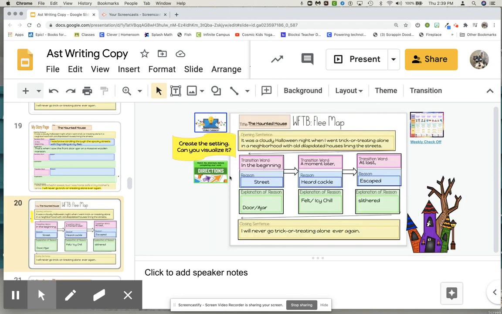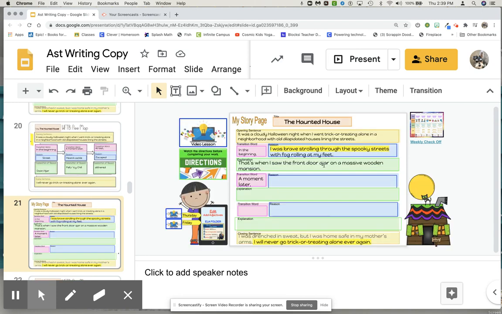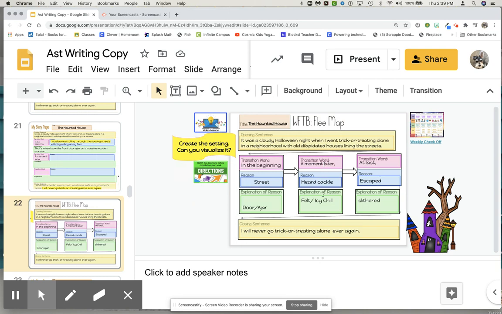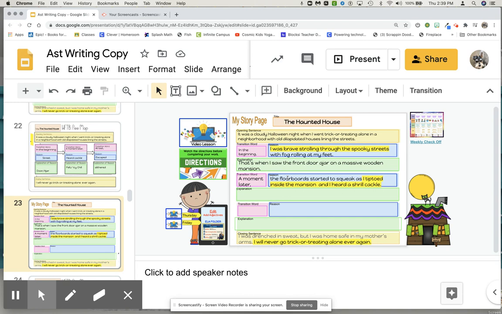The next transition word is a moment later. I'm going to follow my arrows. A moment later, and I have to go down to my reason. I heard a cackle. A moment later, the floorboard started to squeak as I tiptoed inside a mansion, and I heard a shrill cackle. Well, I tiptoed inside the mansion and heard a shrill cackle would have been a perfect